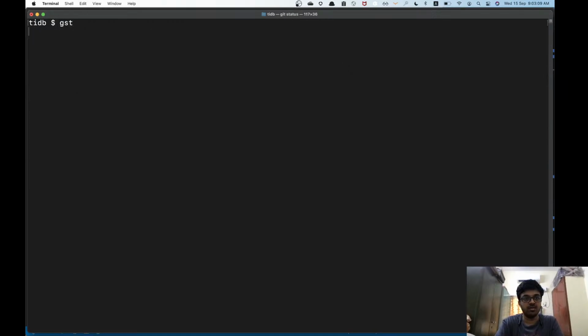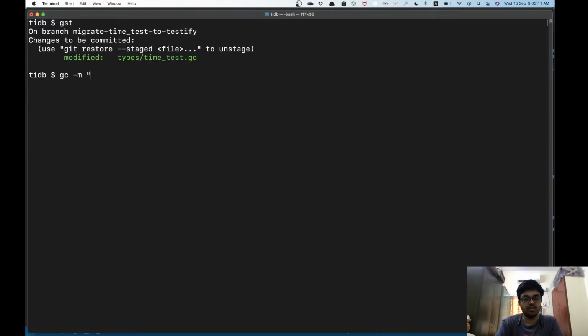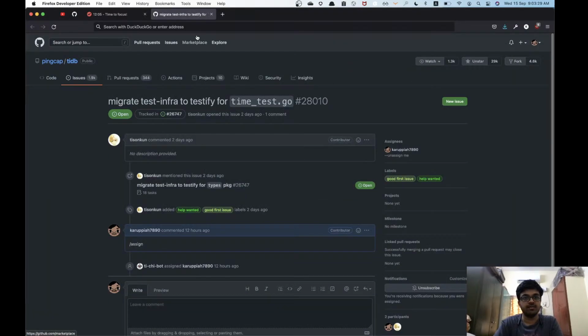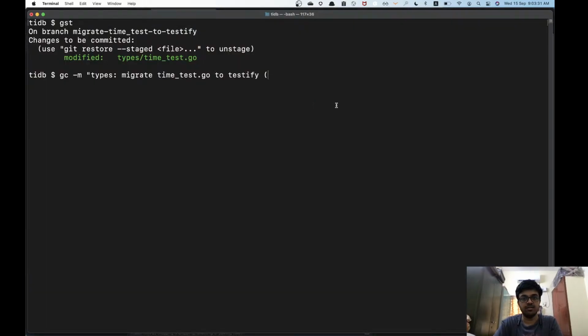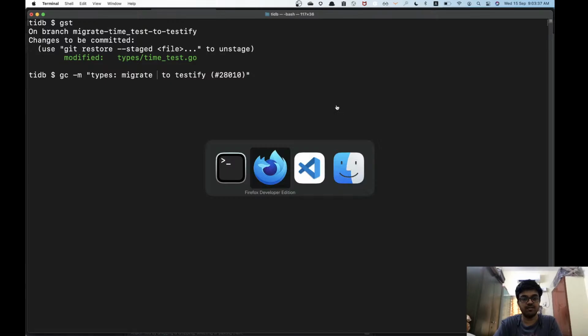I would say types: migrate time_test.go to testify and use this. Oops, not time, not the whole file, not the whole file.